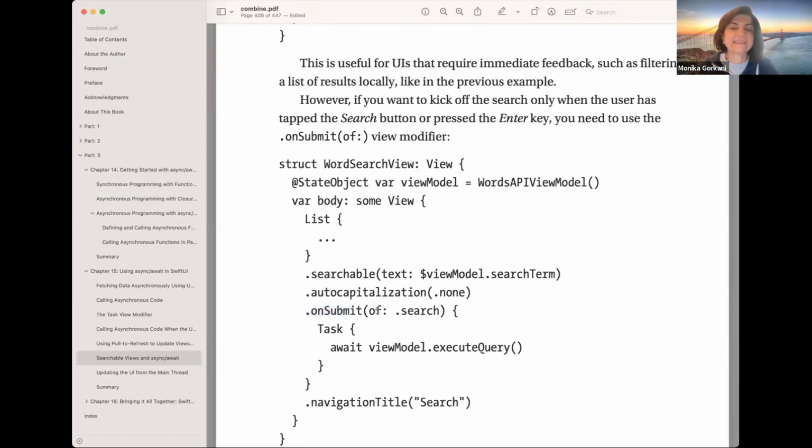But in this case, because it's for the search,